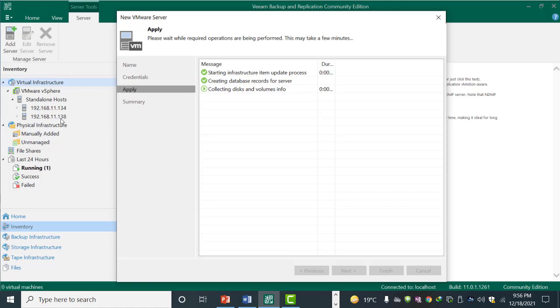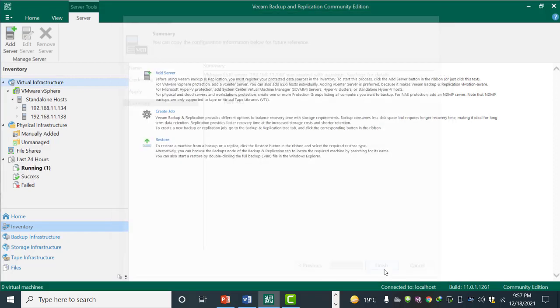The better way to add these servers is to add the vCenter server, because the vCenter server contains all these servers. So you don't want to add them individually one by one. So this job is still running, so you have to wait for some time and then click next and click finish.